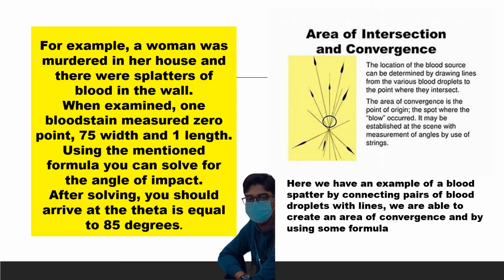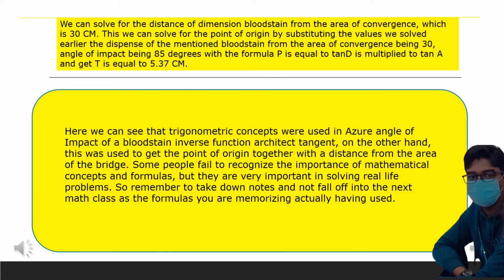Here we have an example of blood spatter, connecting pairs of blood droplets with lines. We are able to create an area of convergence by using some formulas. Next, we can solve the distance of the mentioned blood stain from the area of convergence, which is 30 cm. Then we can solve for the point of origin by substituting the values we solved earlier: the distance of the blood stain from the area of convergence being 30 cm, the angle of impact being 85 degrees,